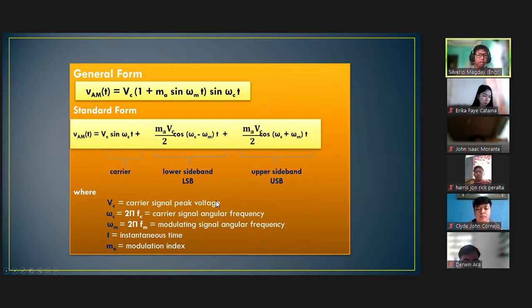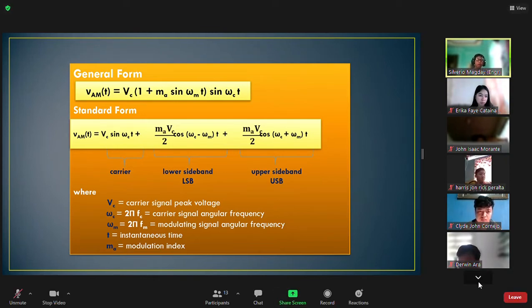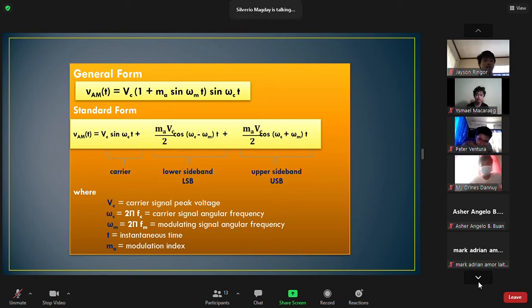Or in a general form, it can be your Vc, carrier voltage, times 1 plus your MA, where MA is your modulating index, the modulating index for amplitude modulation, sine omega m t times sine omega c t. Or the standard form wherein it will represent now the actual output, wherein